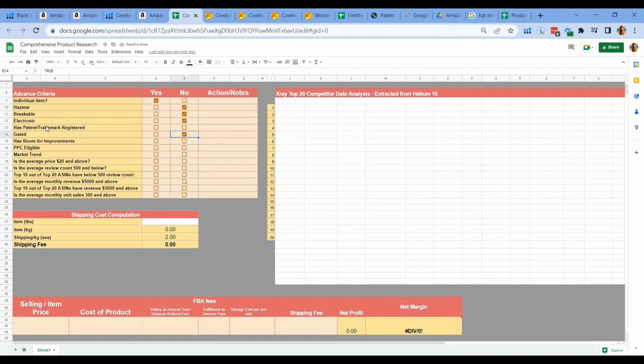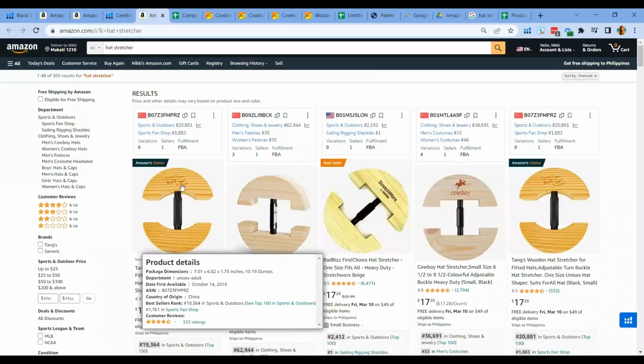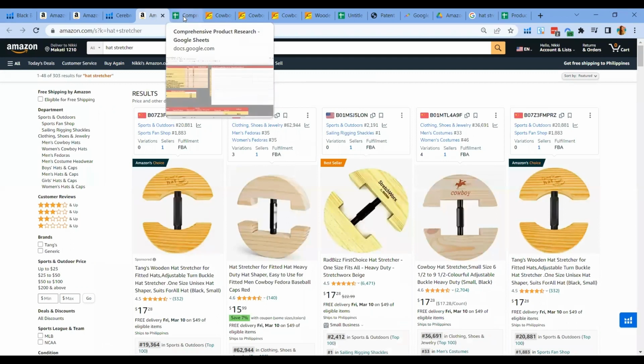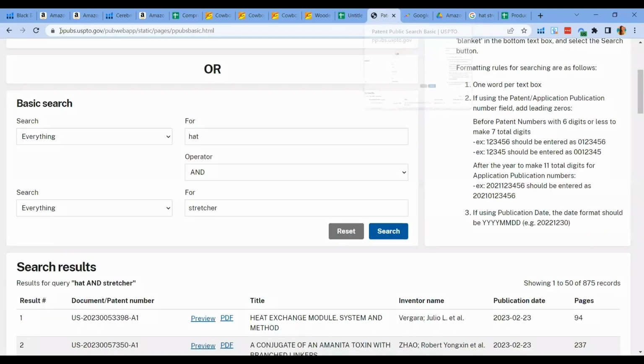So for patent or trademark, this is where we have to really check if this product, for example, you're trying to copy this product. You will have to check if this is already owned by a company or a person and they have already established a patent. So what you're going to do is go to uspto.gov and search for that product.